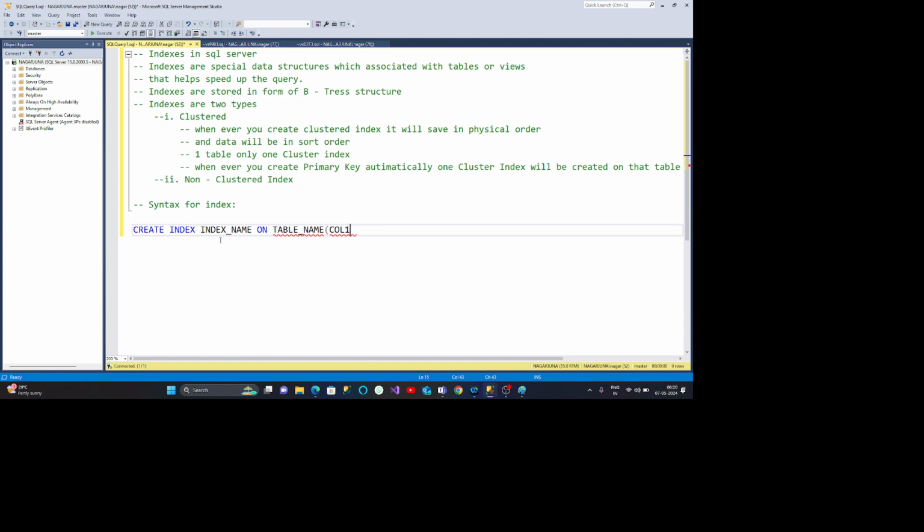Either it will be one column or two columns. If you create it on one column, that is a simple index. If you create it on more than one column, what do you call it? A composite index. So create index name, table name, and column name. Then we can see